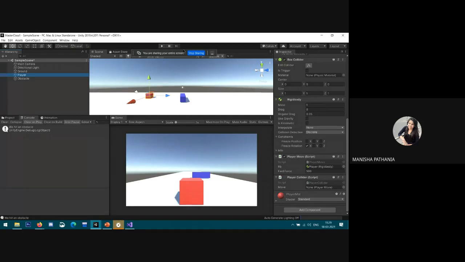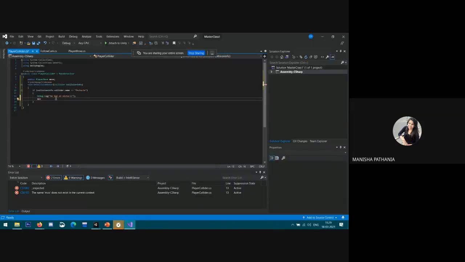So for that purpose, I'm writing here movement, when if collider.name equals obstacle, when it collides with the obstacle. This name, this string that I defined here, I also define here. Movement, in my case it's move.